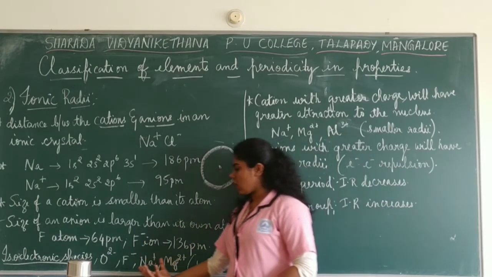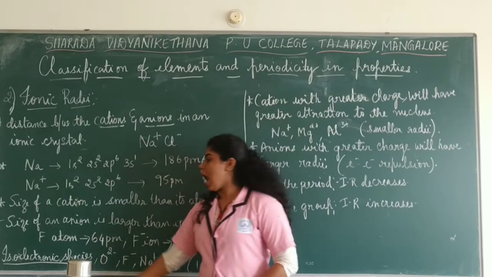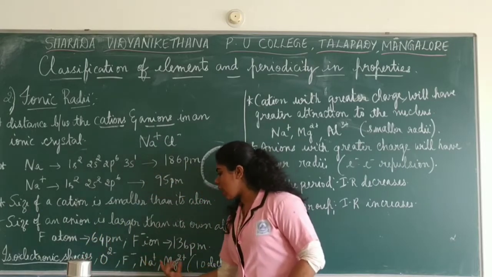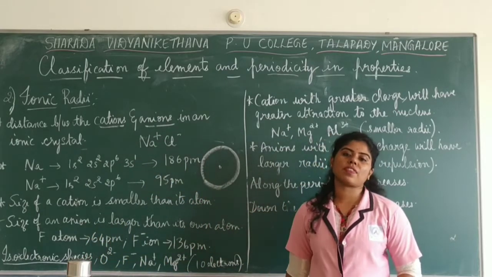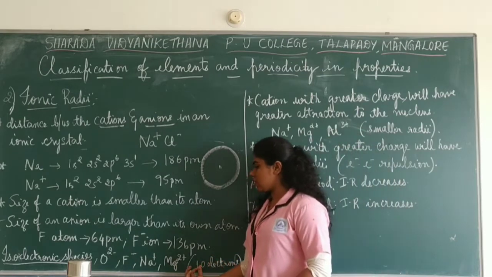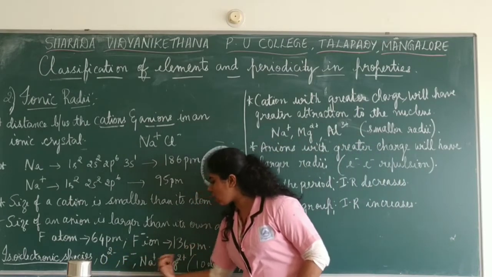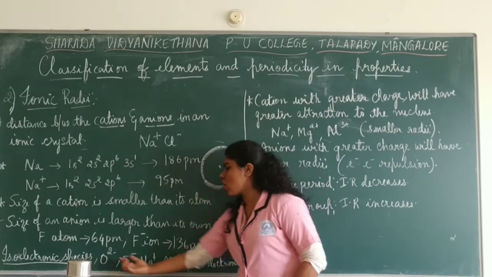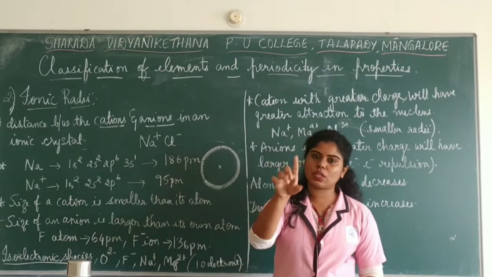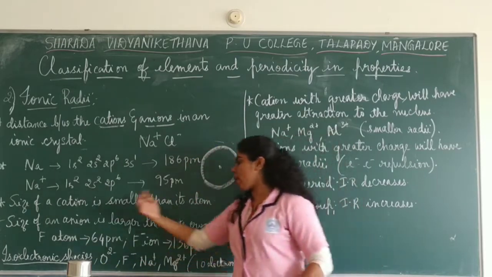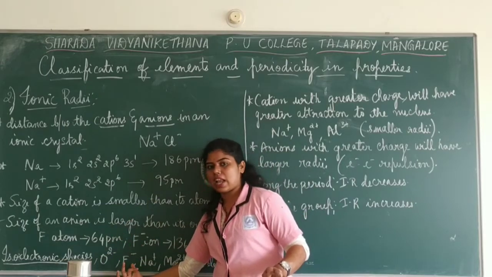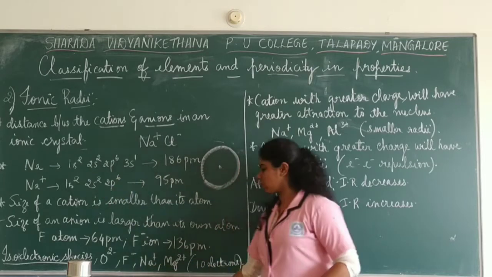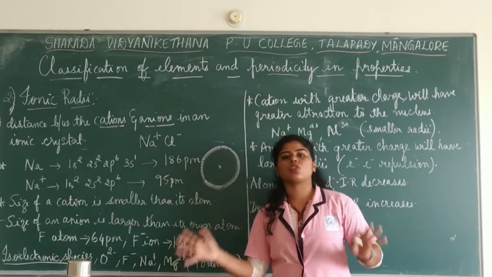Now you have something called isoelectronic species. Isoelectronic, iso in the sense same. These are the ions or atoms which have the same number of electrons. Now, same number of electrons in the sense, here you see all these 4 ions have 10 electrons. Suppose you have O2 minus, F minus, Na plus, Mg2 plus. O2 minus in the sense oxygen is actually atomic number 8. If you add 2 minus, it becomes 10. F minus is 9 actually, but when you add one it becomes 10. Na plus, lose 1, so it becomes 10. Mg2 plus, lose 2 electrons, so it becomes 10.